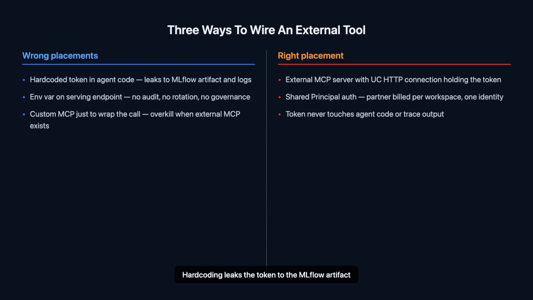Eliminations. Hard-coding leaks the token to the MLflow artifact and any trace that captures the call. An environment variable on the serving endpoint avoids the artifact, but gives you no audit trail, no rotation, no Unity Catalog governance. Standing up a custom MCP server just to wrap one REST call is overkill when external MCP already handles this pattern. The right placement is an external MCP server with a Unity Catalog HTTP connection holding the bearer